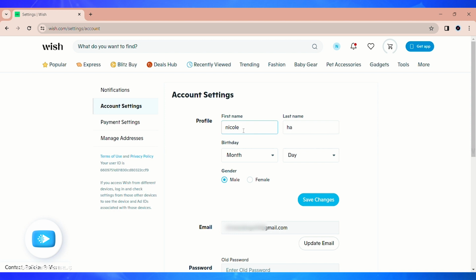Now on this page, on the profile section, you can see the box for your first name and your last name. Remove your previous first name and enter the first name that you'd like to change into. Similarly, do the same under the last name box. After you've entered your new name, all you'll have to do is click on the Save Changes button